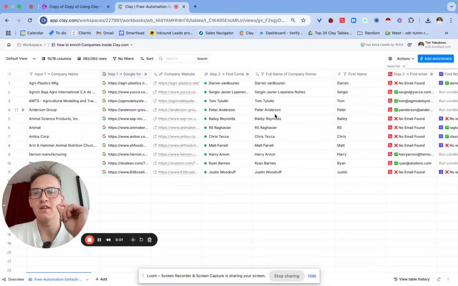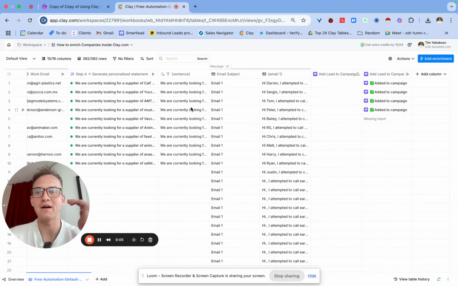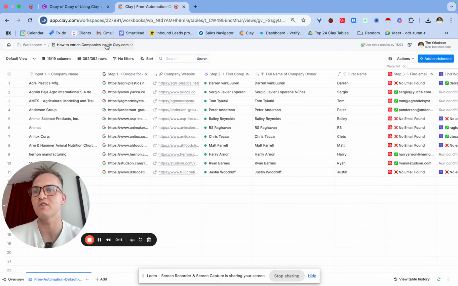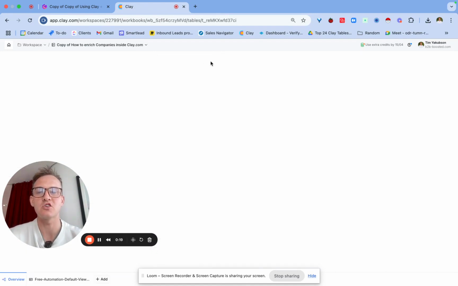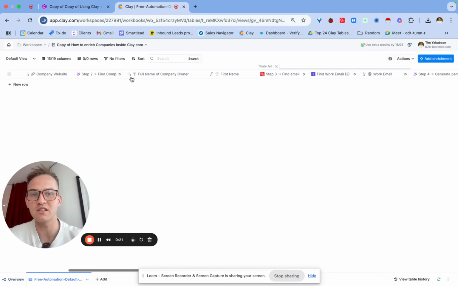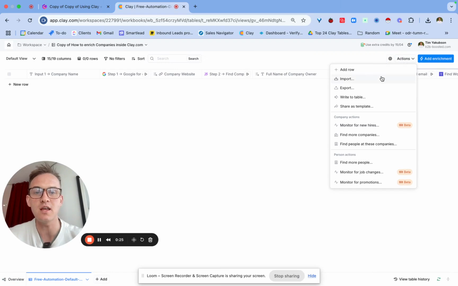Now, one final thing that I want to show you is how you can create a template out of this, so that you don't have to go through the manual process of doing this step by step every single time that you want to send personalized outreach to your target prospects. The way that you'll do that is by clicking on the actual table, clicking on duplicate. And what this will do is create the actual backbone of the template. So in this case, you can see all of the steps. And all you would need to do is click on actions and import